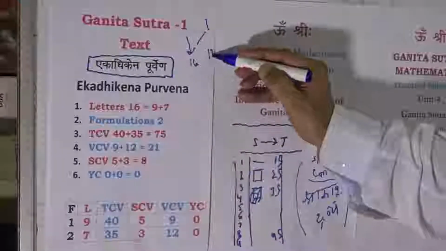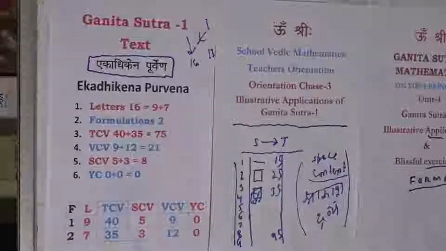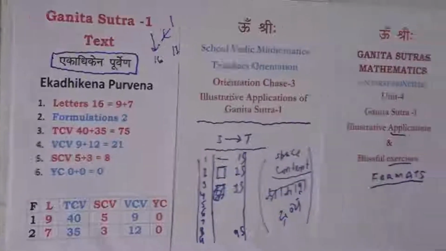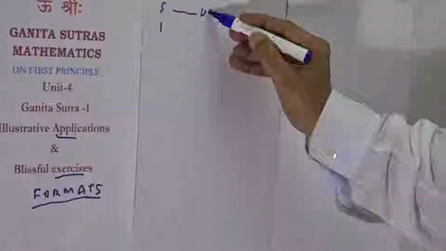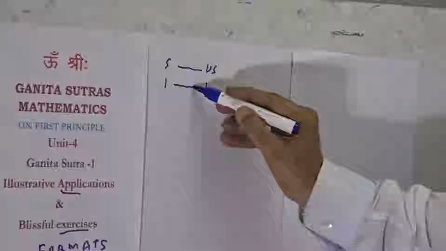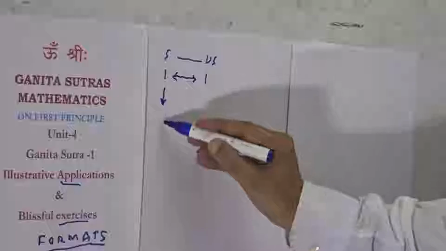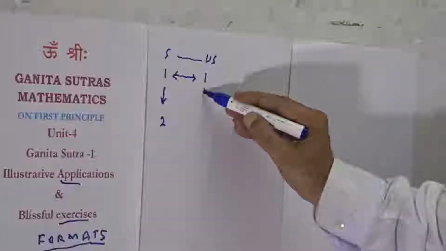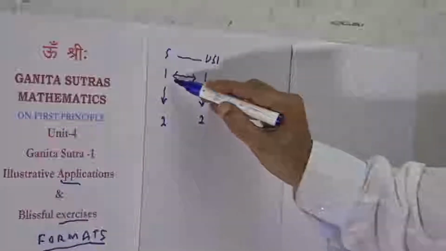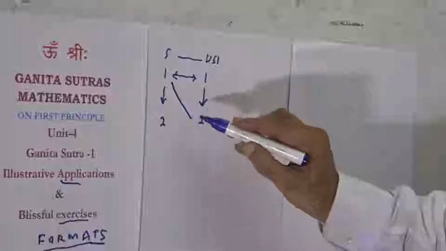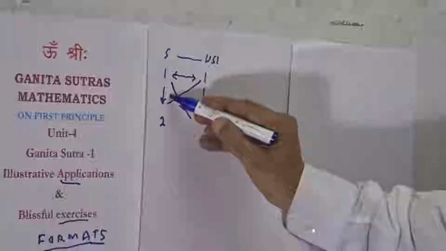and parallelly there will be chase for Upsutras, and there would be different ways of availing. One way would be that from Sutra 1 we shall simultaneously reach at Upsutra 1 and then avail Sutra 1 together with Upsutra 1. Another way would be to reach from Sutra 1 to Sutra 2. We can have a straight way reach from Sutra 1 to Sutra 2 or from Upsutra 1 to Sutra 2,